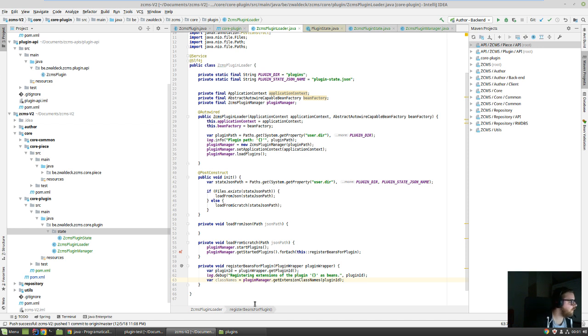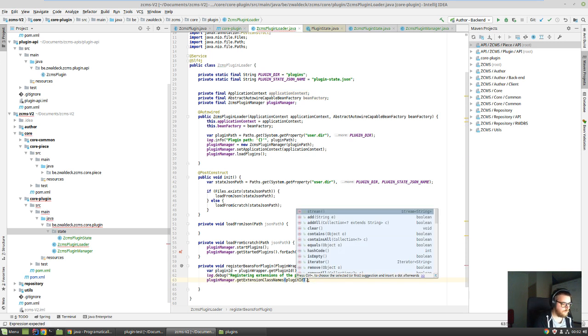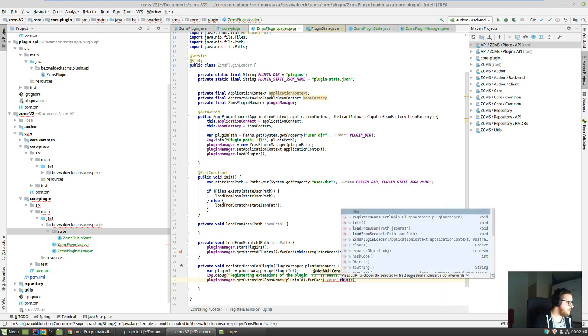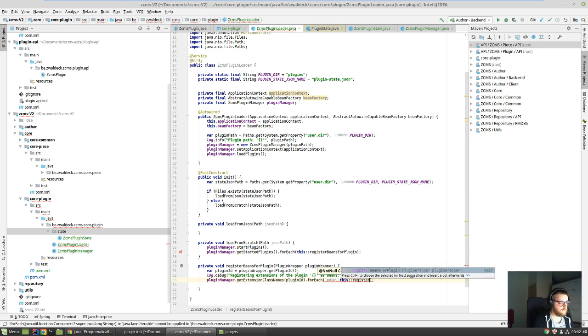So basically, the plugins work with extensions, and the extensions are the public part of the plugin that's exposed to the main host application. So we need to register those extensions as beans. We want the class names of those extensions, and because this one gives a set, we just say dot forEach, register bean for extension,